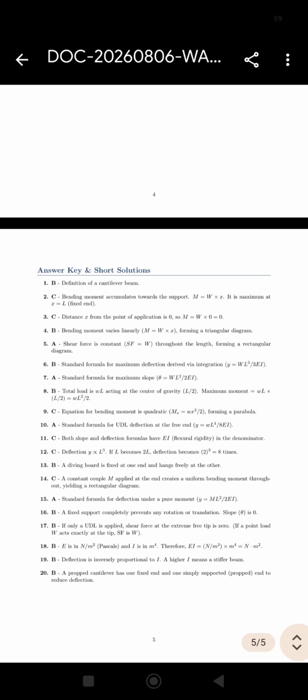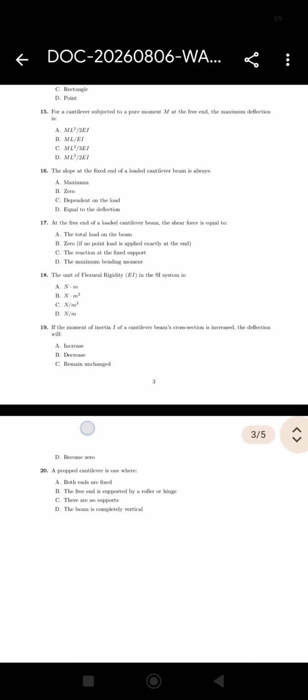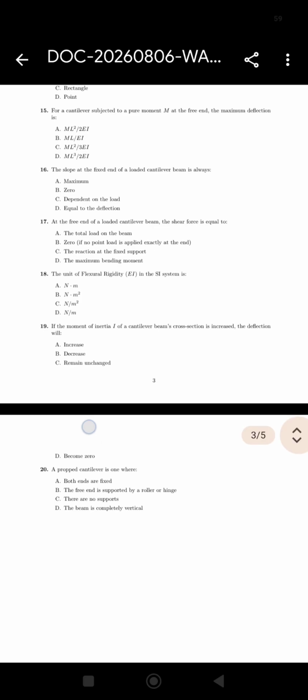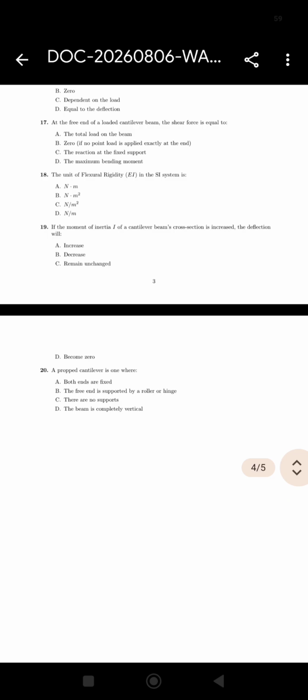The slope at the fixed end of a loaded cantilever beam is always 0. At the free end of a loaded cantilever beam, the shear force is equal to 0 if no point load is applied exactly at the end. The unit of flexural rigidity EI in the SI system is